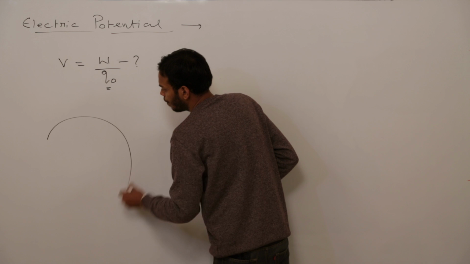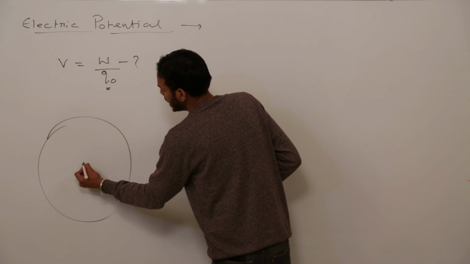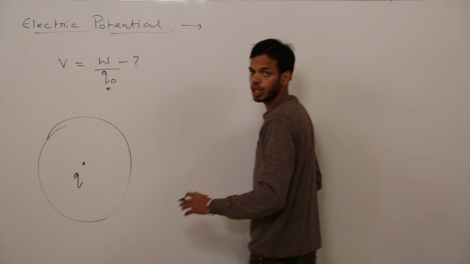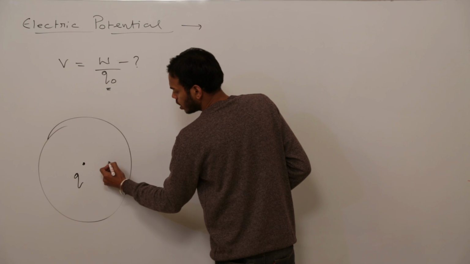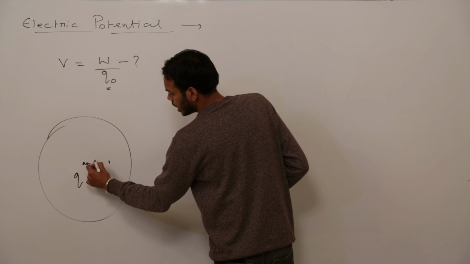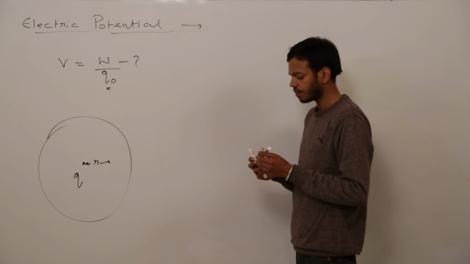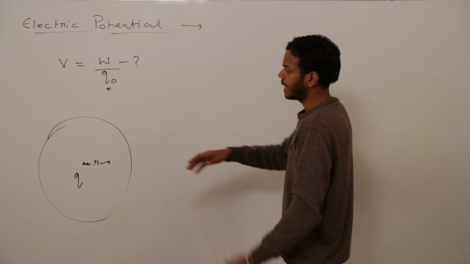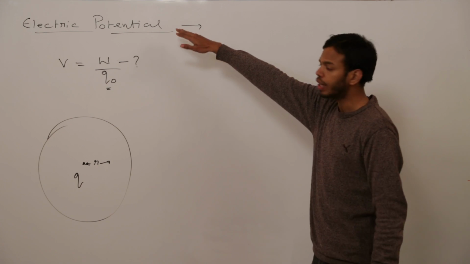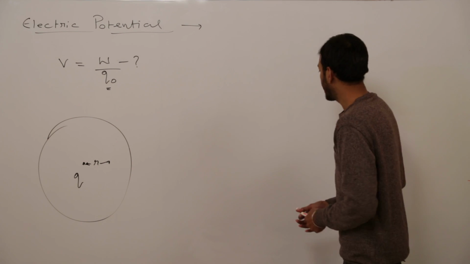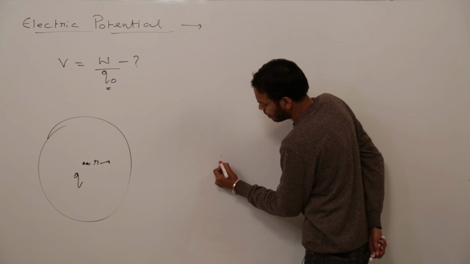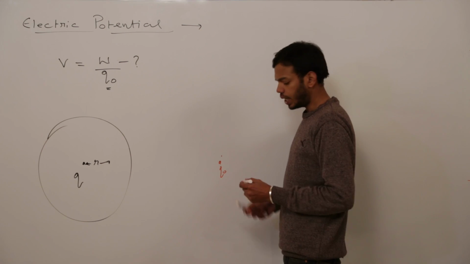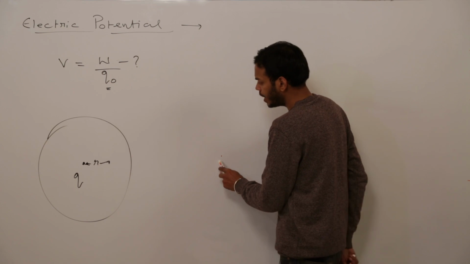Suppose this is an electric field due to our source charge Q. Source charge, this is the electric field, and I have to find out the value of electric potential at this distance R. Then listen to the definition. According to the definition of electric potential, it is defined as work done in bringing a unit test charge from infinity